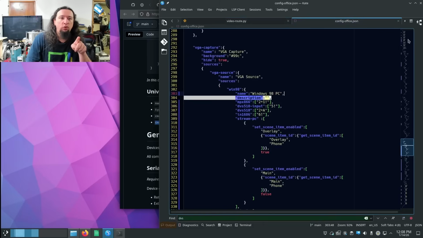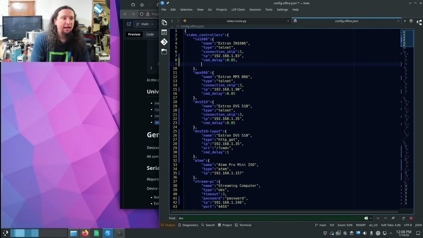So for your controller up here, we could add cmd underscore init. And let's say we always wanted the IN1606 to be on input 5 when it's first started. We could add that right here. And then every single time the IN1606 is first started or connected to by the software, it will connect that